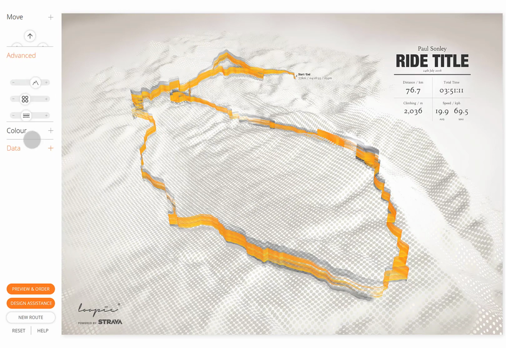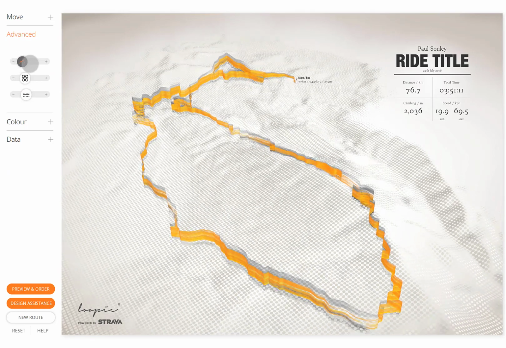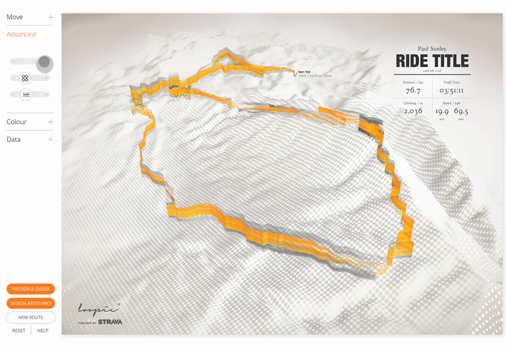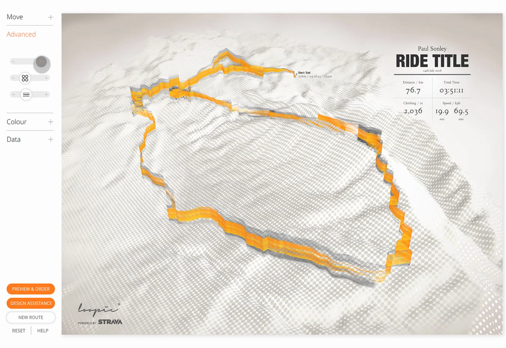So I'll go to the Advanced tab now. I'll have a quick play with the mountain heights, although I don't really want to make Ventoux that much higher. It doesn't need to be, but you can tweak it a bit to make the image look a bit more